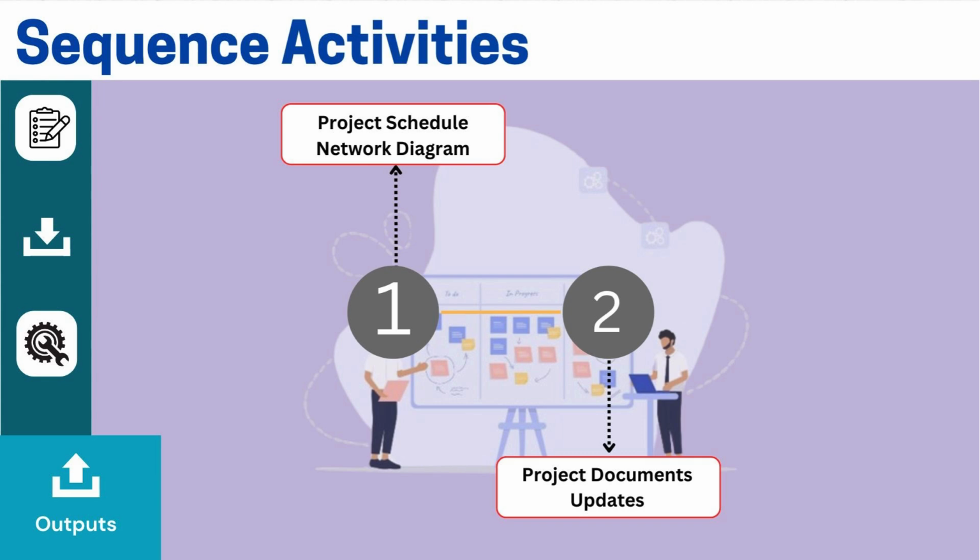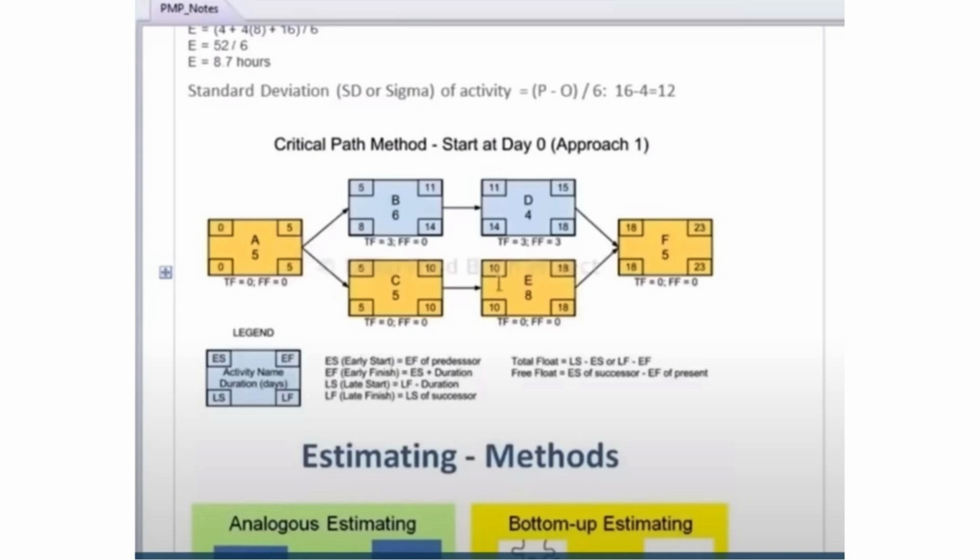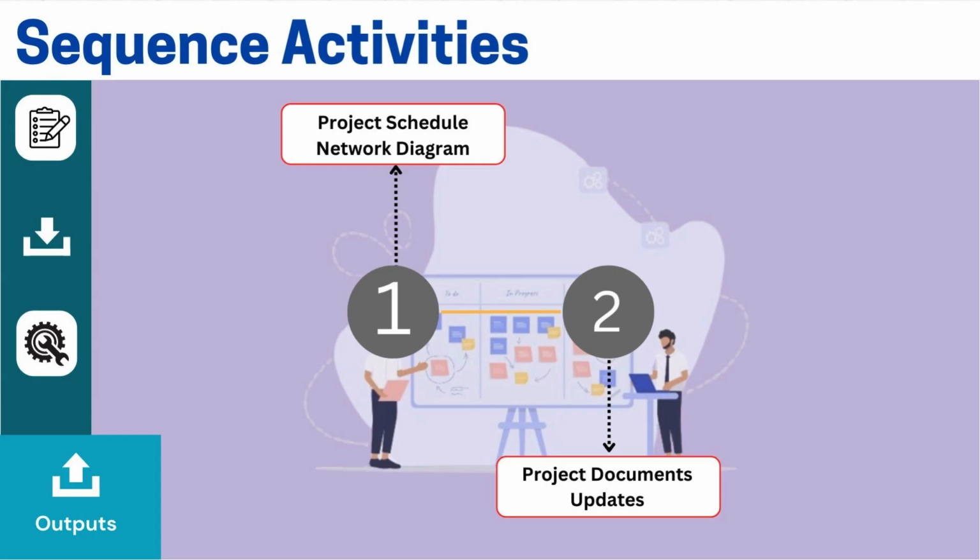I'm going to quickly show you the project network diagram so that you can get a clear idea of how it looks. In fact, this could be one example of how a network diagram is drawn these days. You can get it directly from the tool because there are effective software solutions that generate network diagrams. These diagrams help us calculate the critical path and other important details. That was about sequencing activities, which we can do using the precedence diagram method, PDM. This is a very useful method.